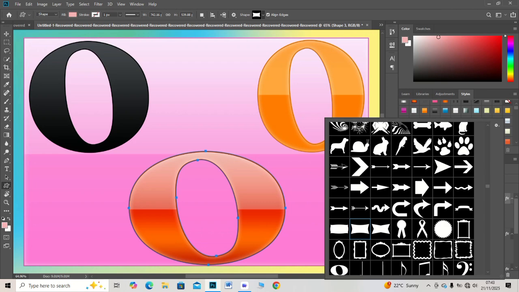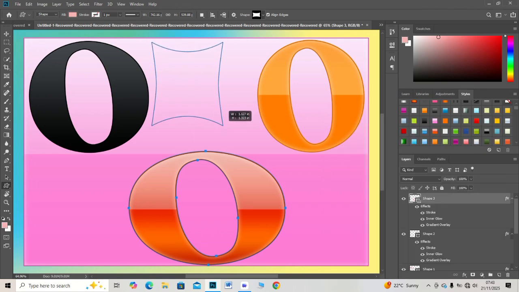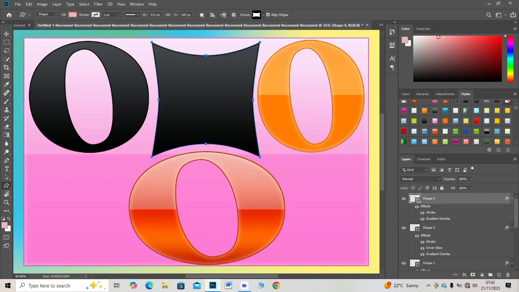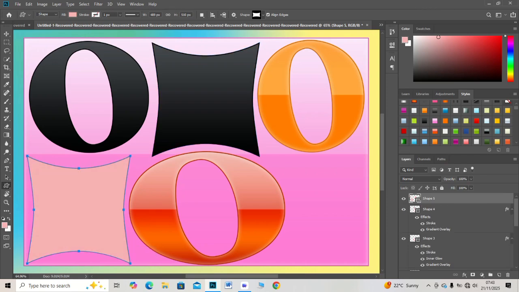Now go to the pen tool and right click the path. Select stroke path and choose brush. You will instantly see a clean glowing outline around your subject, and also add outer glow in layer style to